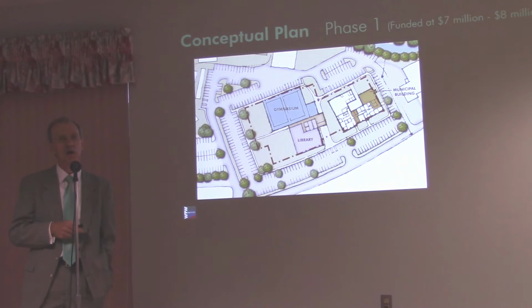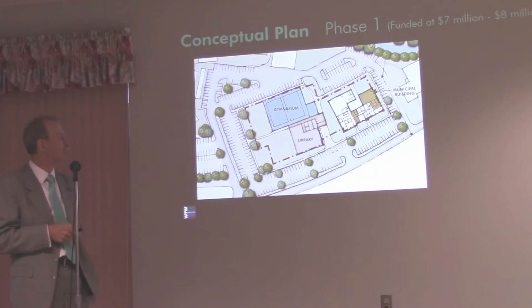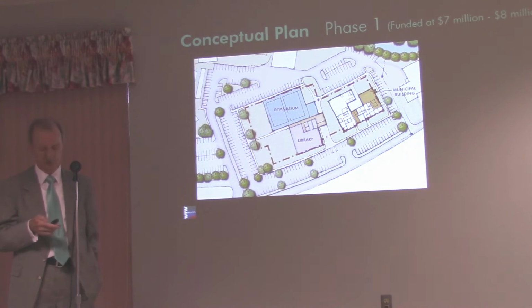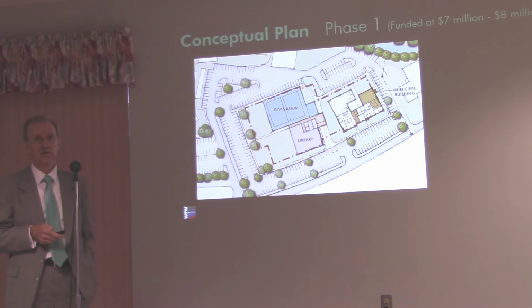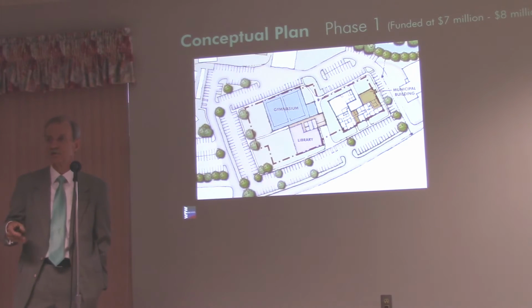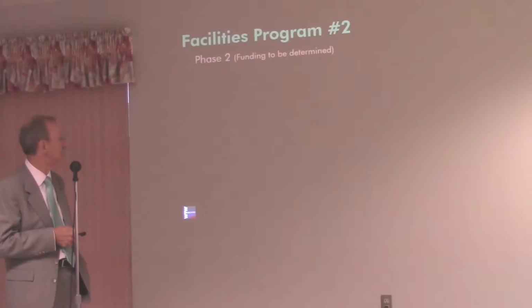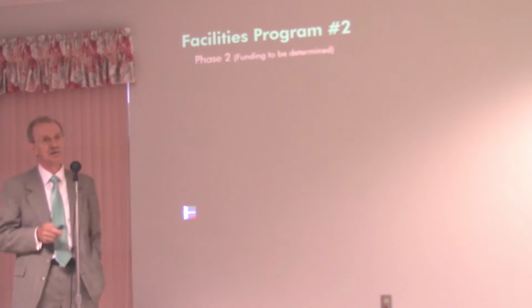It shows that there's a lot of place that we can expand the building, and a lot of ways that we can expand it. So while we have a phase two, and phase two says what we think is going to happen, that could change in a couple of years down the road when we've lived with phase one and understand how it's being used and which of the amenities maybe need to be expanded. That program could shift and change to respond to community needs. So phase two, and this is not funded yet,